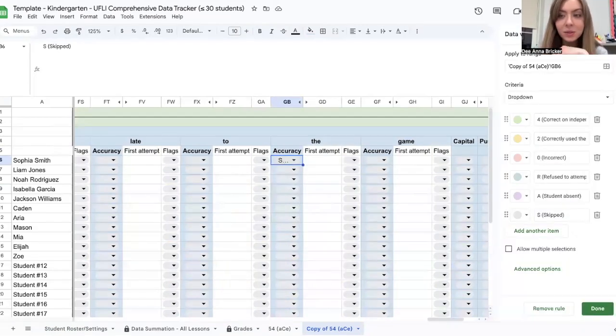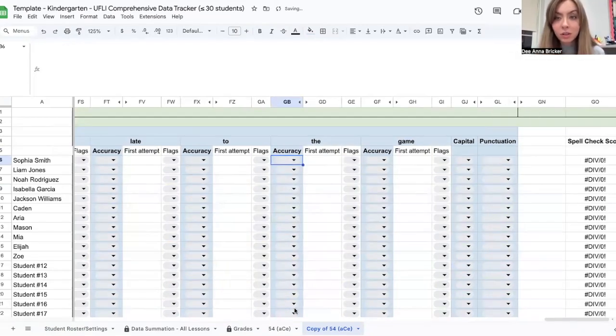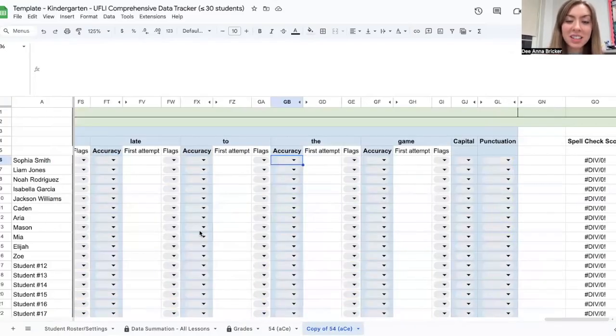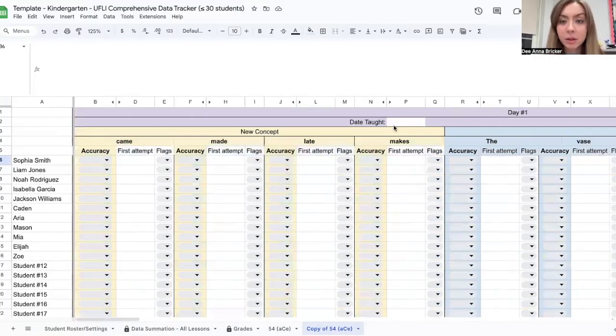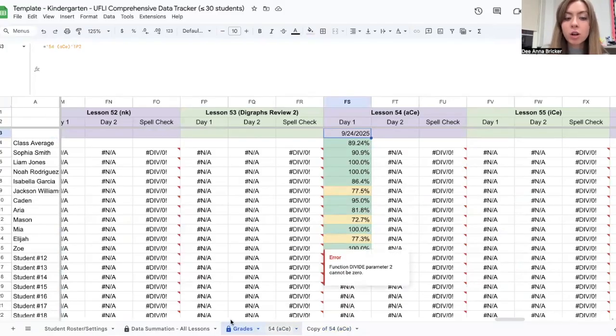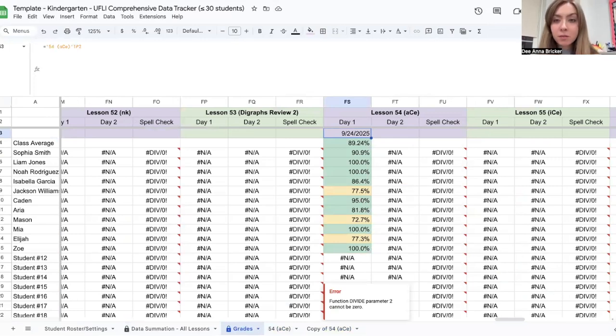Okay. So now that we've done all that, let me show you what it looks like when we filled it in. Again, these are not my students' real names. The important thing, that I forgot to mention on this, is that you absolutely have to put the date in for it to show up on the data summation tab. It will show up in the grades tab without a date, and that's a good place to check too if you put the date in. But it won't factor that lesson into the data summation tab. The reason for that is